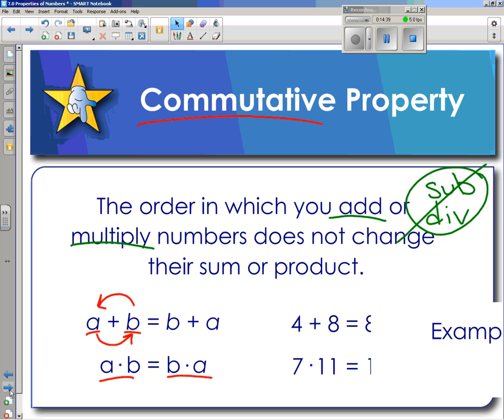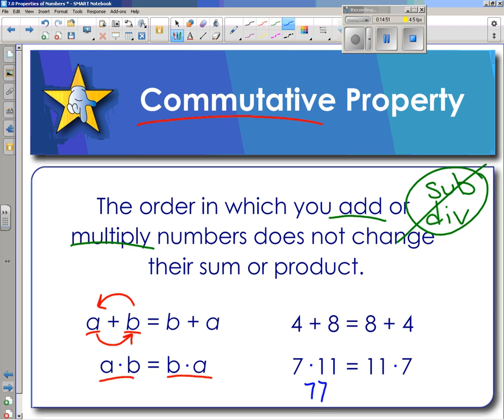An example with actual numbers, if you have 4 plus 8, it's the same as 8 plus 4. If you have 7 times 11, it's the same as 11 times 7. 7 times 11 is 77. 11 times 7 is 77. Know the word commuter,